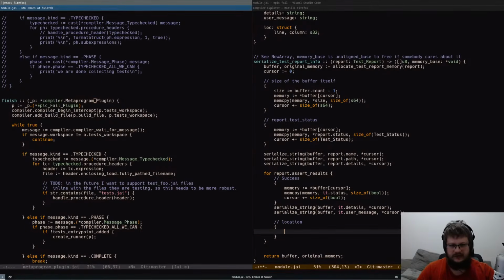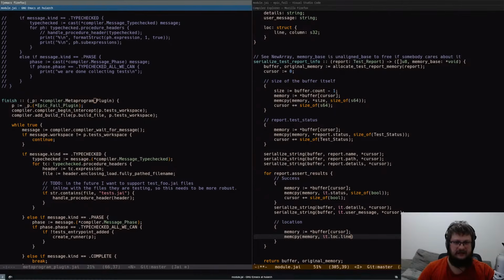No need to be fussy about it. Same cursor, and then mem copy into memory it dot loc dot line and size of, and it should be a pointer, size of s32, and then cursor plus equals size of s32,